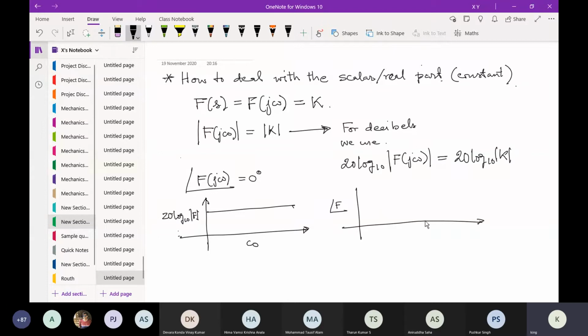Here also I will simply get... now one thing that you must remember, that this axis is